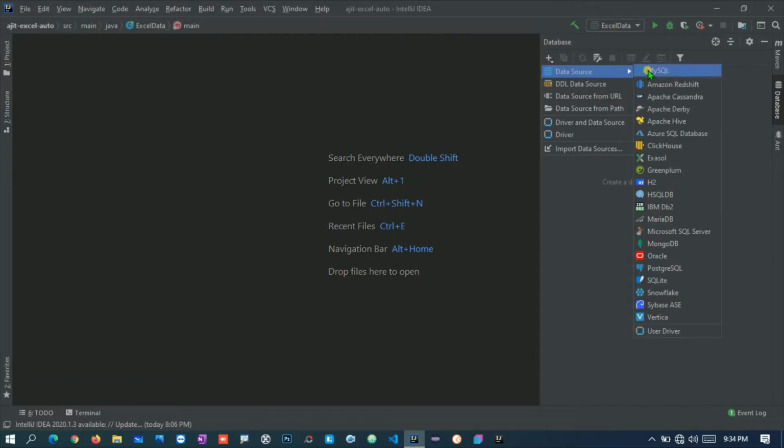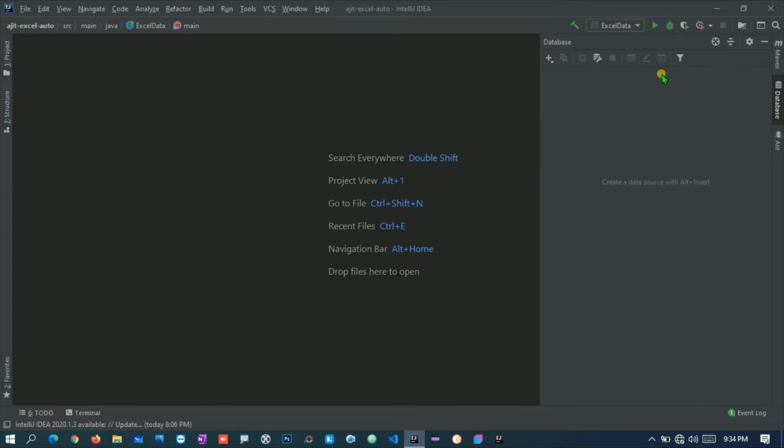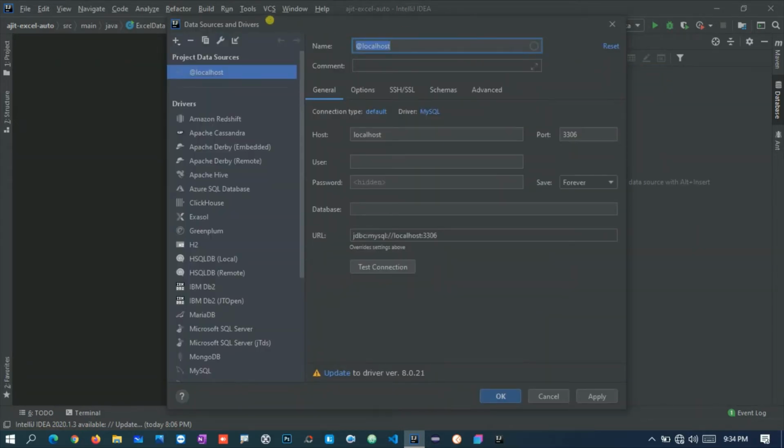Over here we have different options like MySQL, H2, IBM DB2, etc. On my machine I have installed the MySQL database, so I'm going to select this one. But if you have installed a different one like H2, IBM DB2, MariaDB, etc., you can select that particular database. Let me click on MySQL and then we are able to see a configuration screen. Over here we just need to mention the name that we want to give the database. So I will keep this as it is.